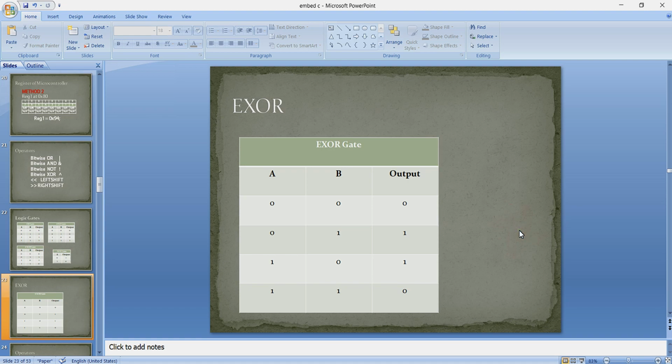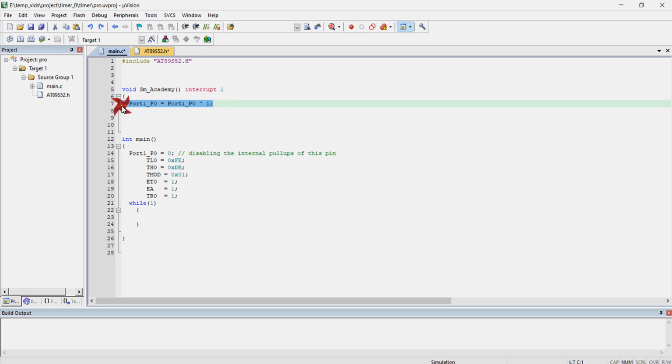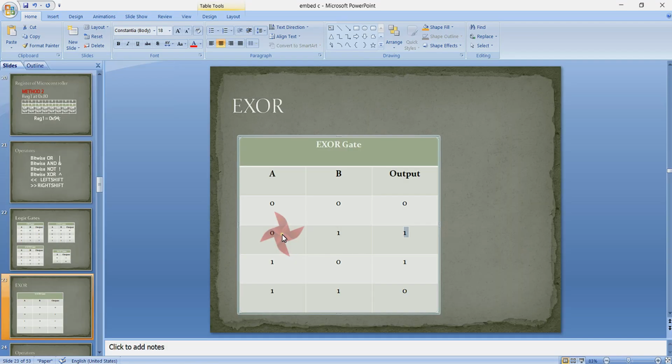So this is the truth table for the XOR gate.